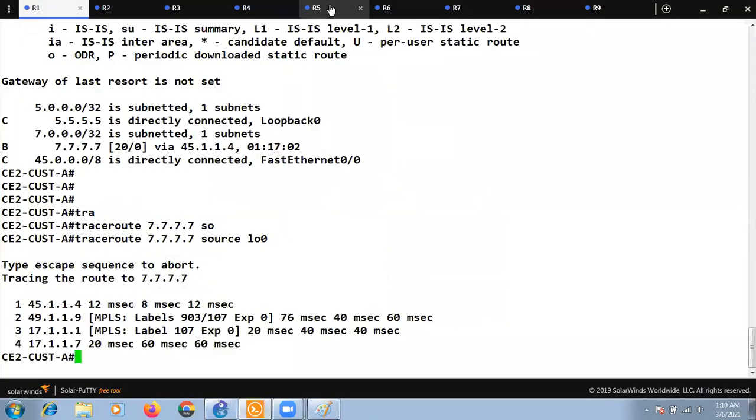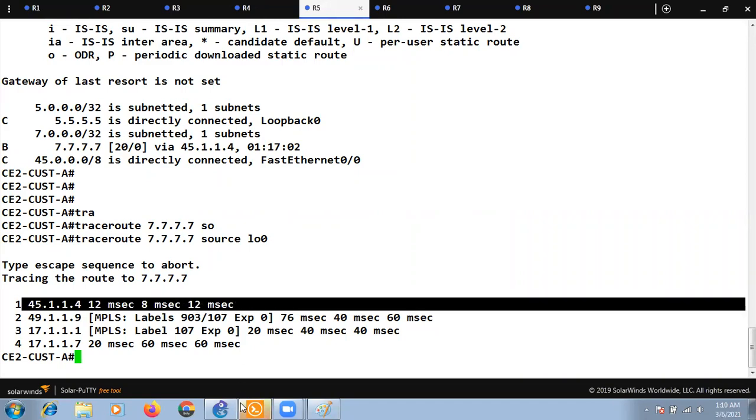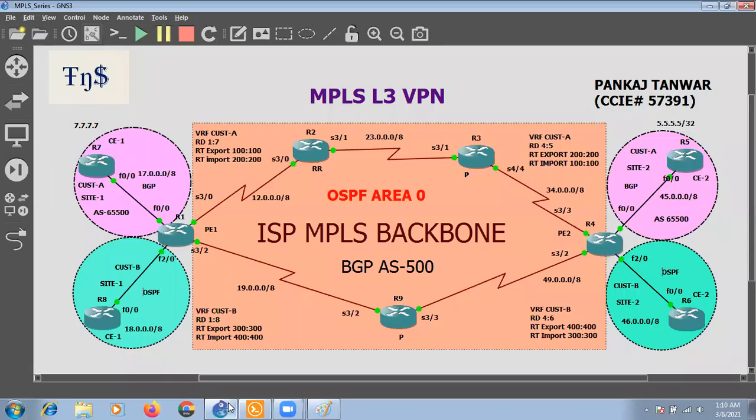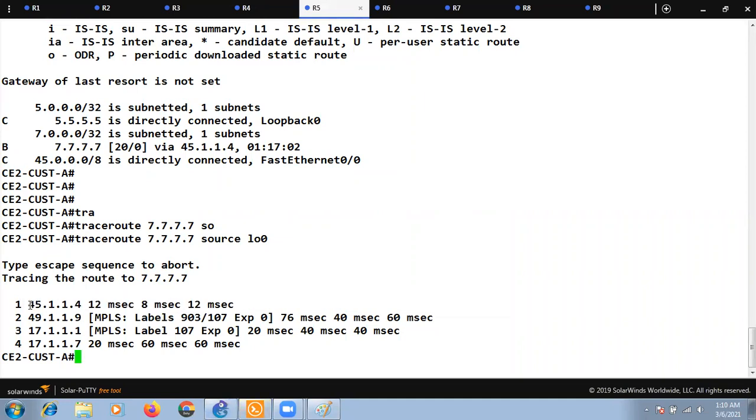If you check the trace here from R5, this is also valuable information that you can find out. When we trace from the CE device, which is R5, CE2, the traffic first hits R4, which is the PE. You can see the top label and the VPN label here.